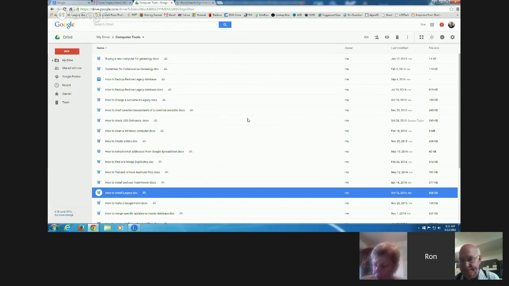So they can all get all the information they need to get going from this Computer Tools folder. And it's pretty generic. It's not just for Taylors. It's for anybody using a computer. I think Ron will do another one of these forums on Google Docs. Okay. That means I need to spend a little time in Google Drive.